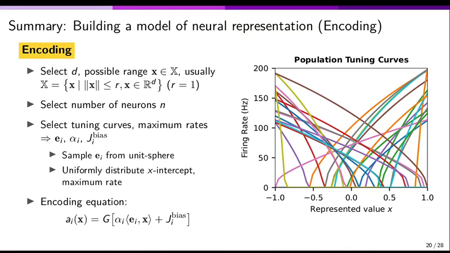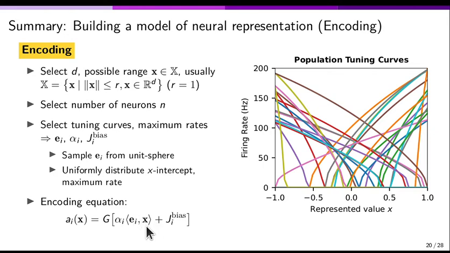So, what does all of that mean? We're building models. Let me do a quick summary of that, and then we'll do a couple examples. When we encode information in a group of neurons, our assumption is that we are going to be using the simplest thing we can come up with that gives you neurons that seem to respond in the same sort of way as we see in biology, which is this equation down here, where for every neuron